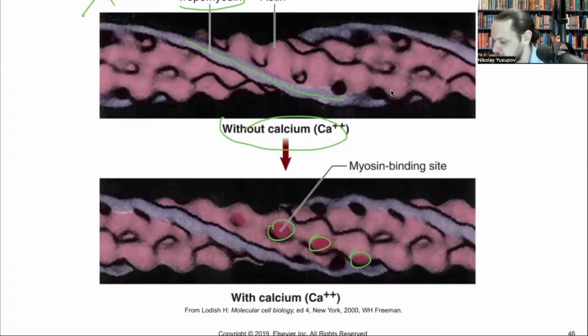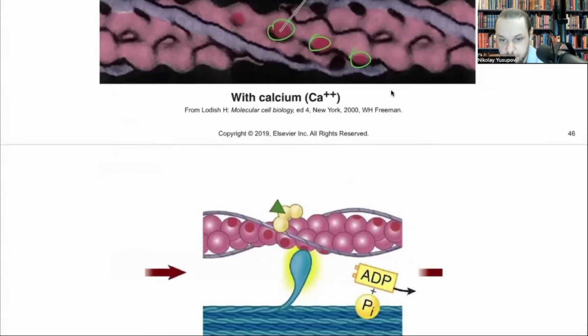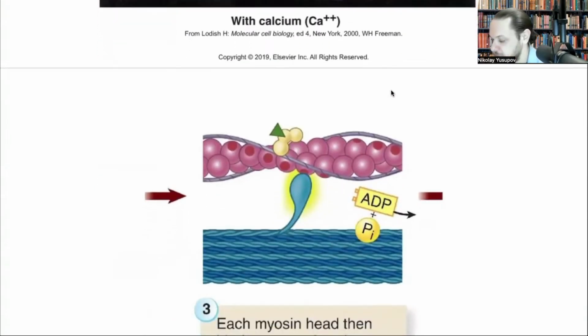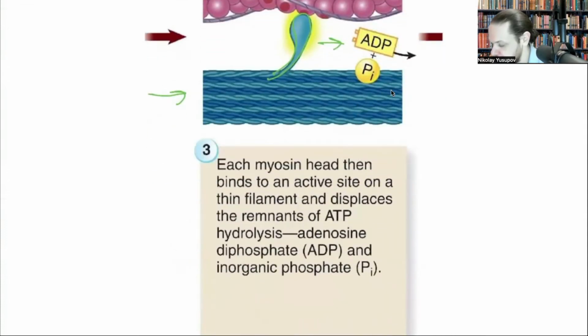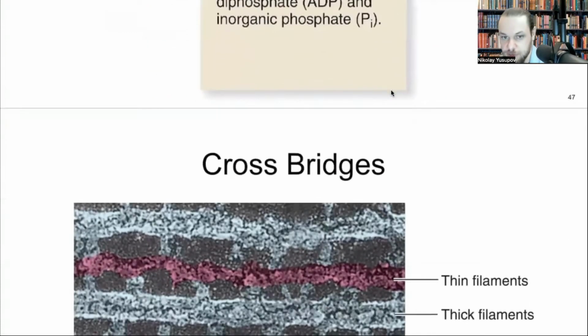So now with calcium, myosin can bind here. So now the myosin, the thick filament, binds to the actin, and we can have that power stroke. And when it does it, it gets rid of its phosphate group, ADP plus phosphate, gets rid of this energy molecule. And now we have myosin head that's now bound to the actin. And we see the active power stroke. It basically moves this whole